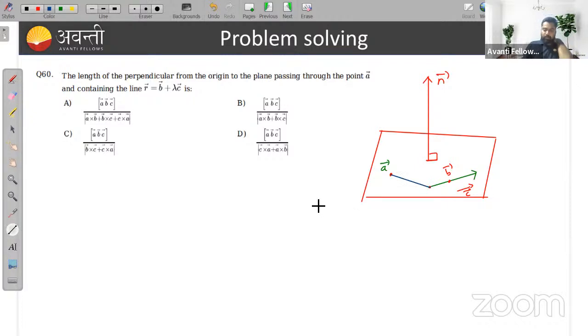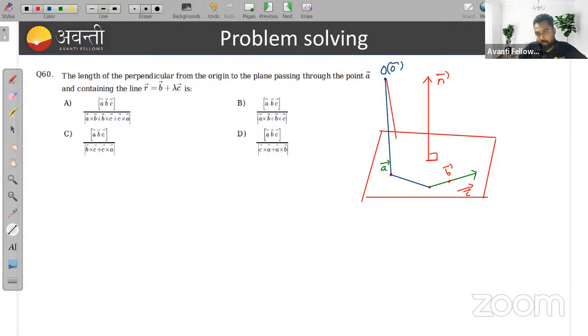Okay. So, you need to find the length of the perpendicular from the origin to the plane. Suppose here I'm taking the origin. This point is my origin, O, and the position vector of the origin is the O vector. If we join this point to A, the OA vector, and